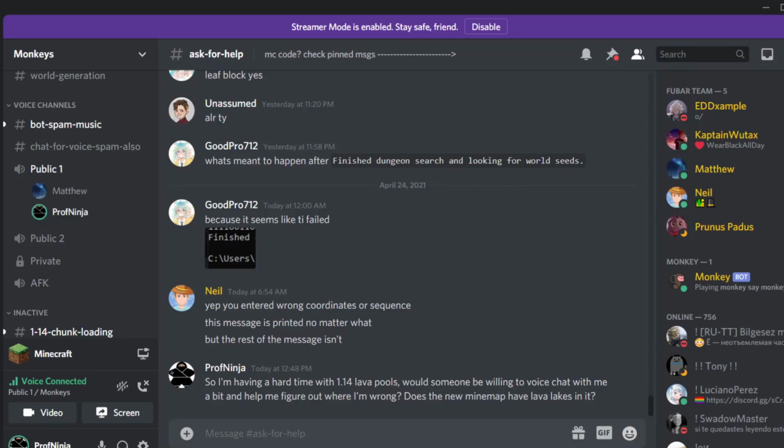Okay, so I just spent an hour and a half farting around with lava lakes in 1.14 and did not feel like it was a success. Three out of four of the ones that I said should have a lava lake had a lava lake, but never at the spot I thought. So that sort of probabilisticness is really annoying. So I'm thinking, well, okay, let me show you my code